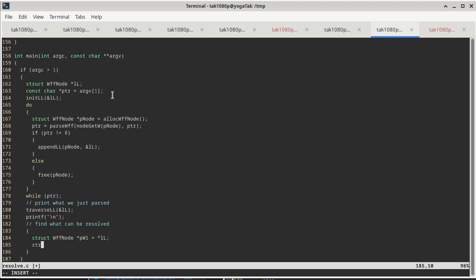Well, okay, this is the outer loop. So let's do the outer loop first. So we have a for loop, and okay, I'll do it the more traditional way to put all the initialization inside the parentheses. So pw1 equals whatever the linked list is pointing to. So we have lowercase l and then uppercase L. And as long as,